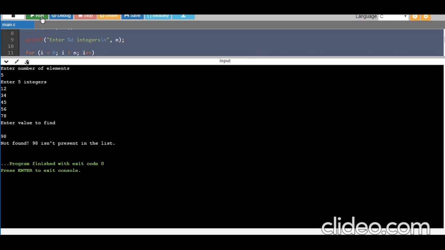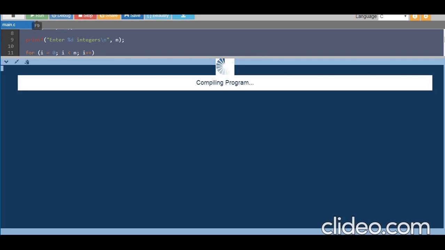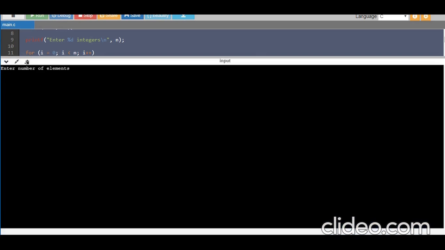Clear, guys? In the same way, as I mentioned, there is one limitation in the program. Let me go ahead with that again. 5 elements: 23, 34, 56, and here I enter 12 and 18. If I search for 12, tell me, is 12 available?